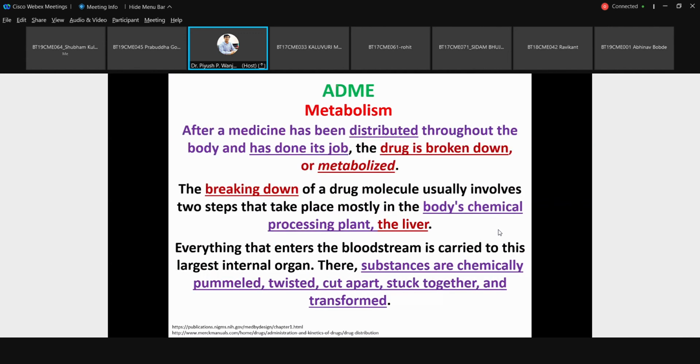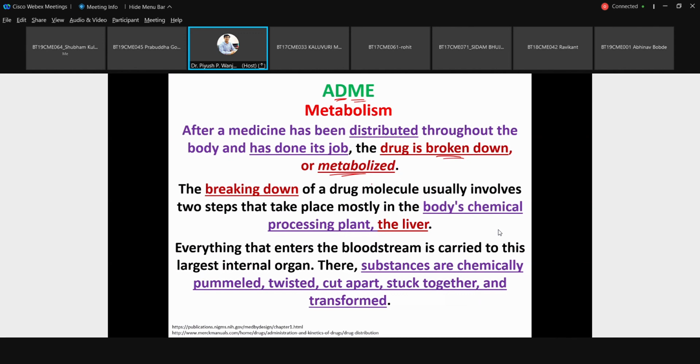Okay, so this is the second distribution state. Then the third step is metabolism. You can consider that whatever drug is taken inside will ultimately be broken down or metabolized. If the drug is very simple, it is not going to have much change, but most of the time, whatever